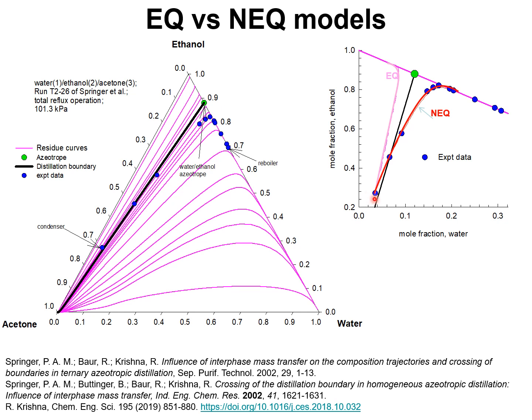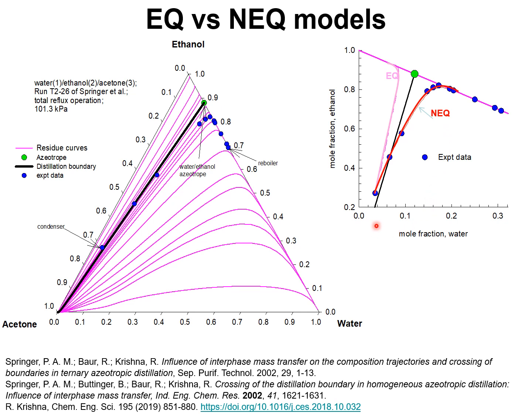Starting with the experimental value of the condenser composition, if the equilibrium stage model were to be used in simulating the distillation column, the trajectory that would follow is shown by the pink line here. The actual experimental data indicated by the blue circles